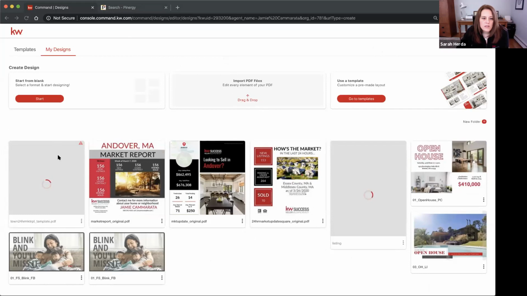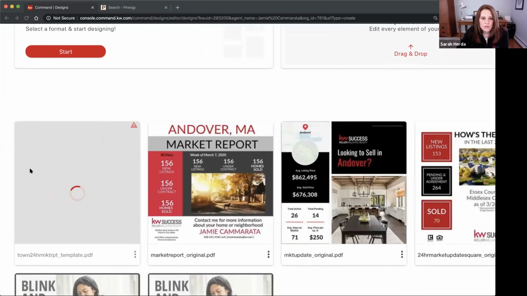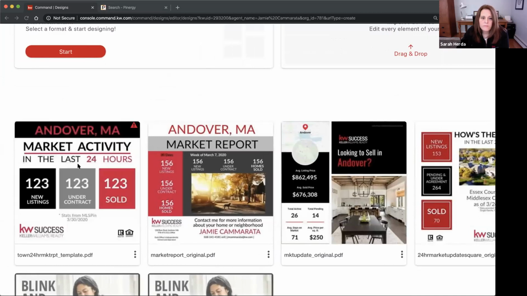So you can see it's coming in on the left here. It's got a red circle going around and I can already see that it has an error message, which it's always going to show. So that's normal. If I just zoom in a little, you can see that here. Okay, so it's come in. I still have this little